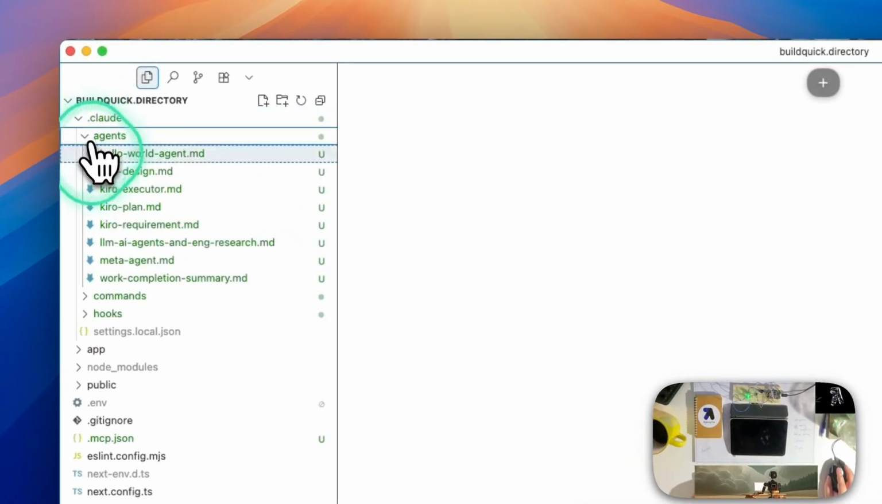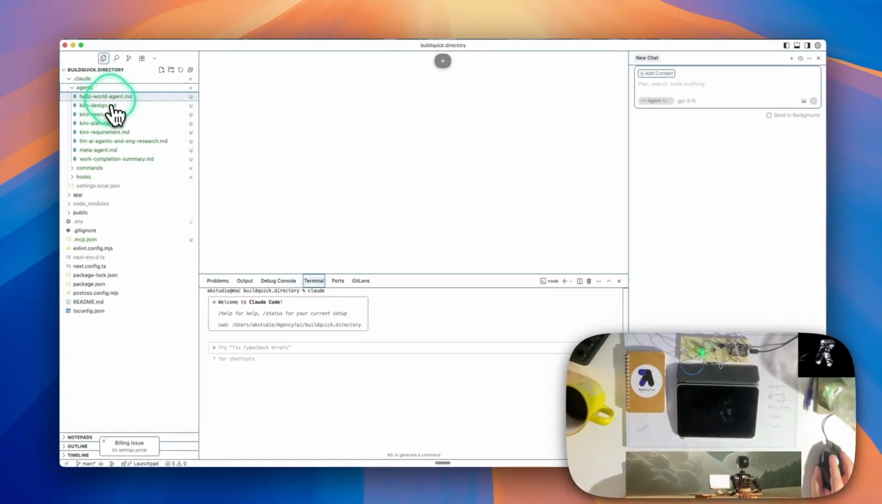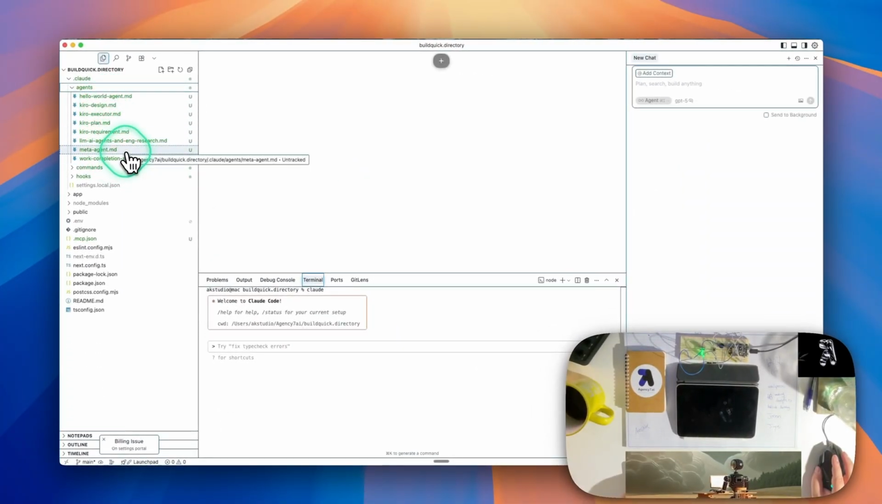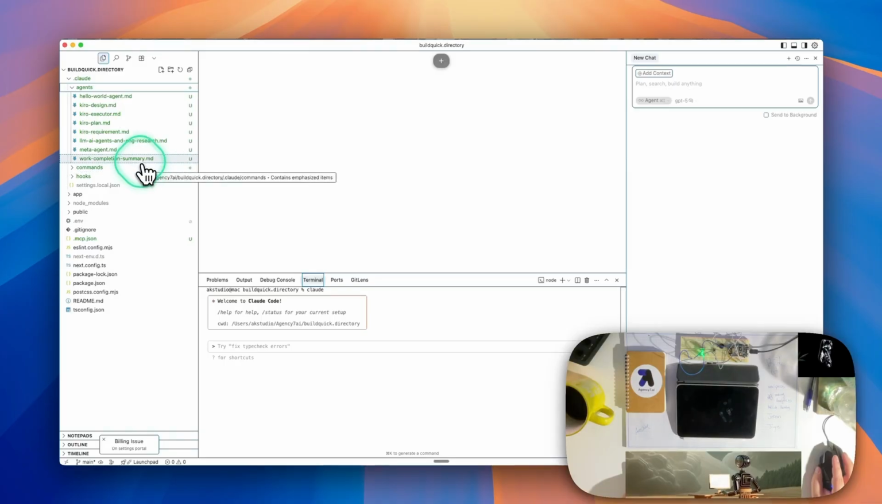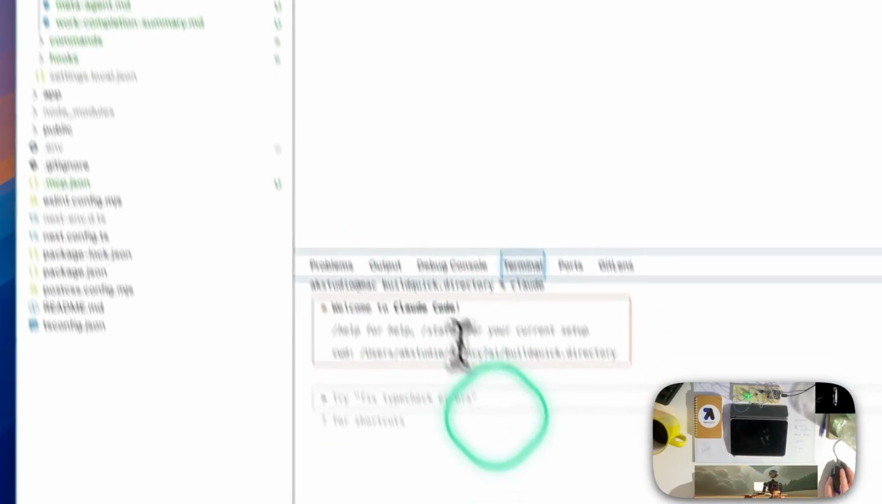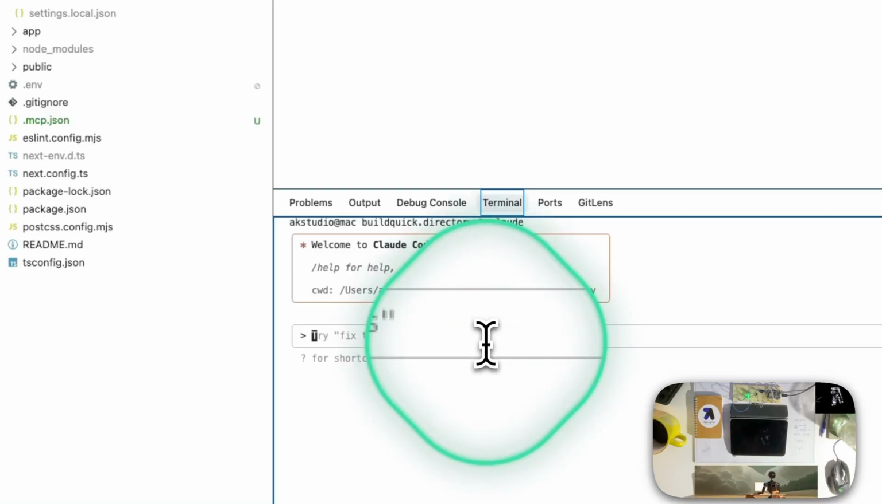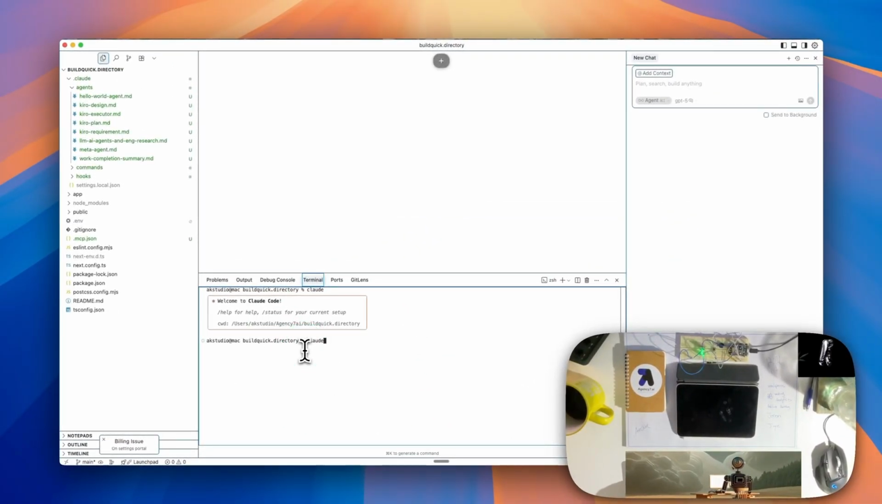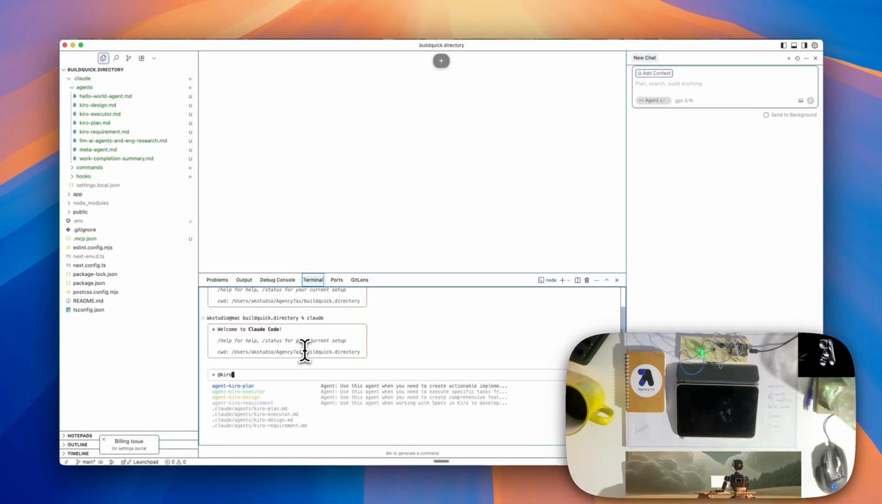Now in here we have our Kiro agents, our meta agent to make other ones as we go, some other hooks and such and commands. But the main thing I want to focus on, so I have to restart Claude to pick up the agents. So now we're going to go at Kiro requirement,